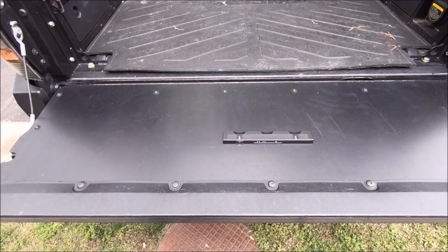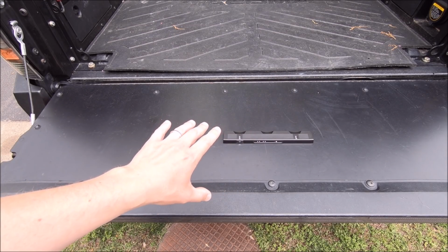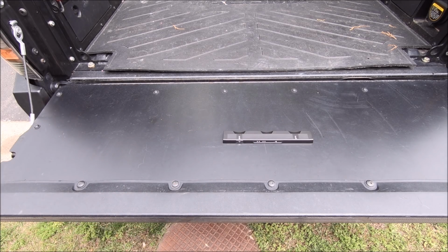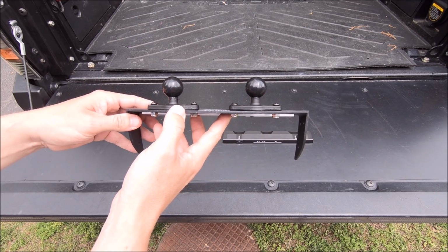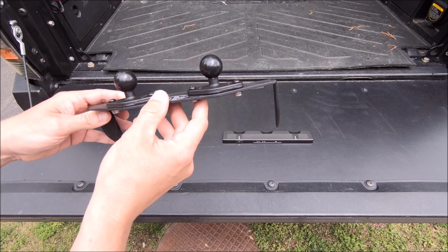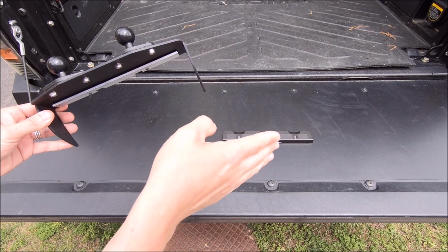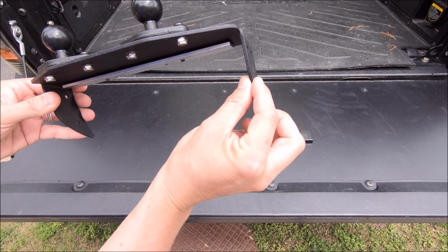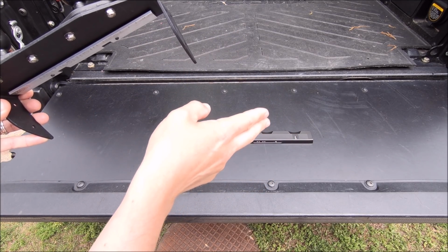Now make sure you guys stick around until the end of the video after all the light output for the V1 kit, because you know me with my mods, sometimes I get a little out of hand, and I have a tech deck waiting to install that coincidentally goes in the exact same spot as the V1 kit. So I'm going to be brave and see if I can trim off a little bit of the plastic on either side, because all I need is the thickness of the metal here on the side, which looks like it's about 1/8 of an inch. So I'm going to actually take a saw to my V1 kit,